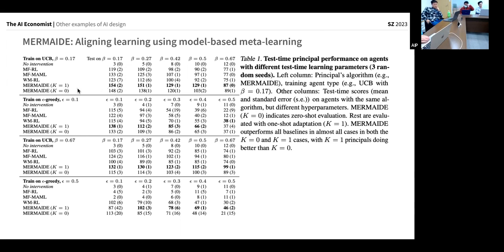And importantly, what you see is that both in the 1-shot and the 0-shot setting, Mermaid actually does better. So this combination really is pretty powerful. And you can do the same thing for epsilon greedy. So you train on epsilon greedy and test on epsilon greedy, but you can also do the other thing where you train on UCB and then you test on,